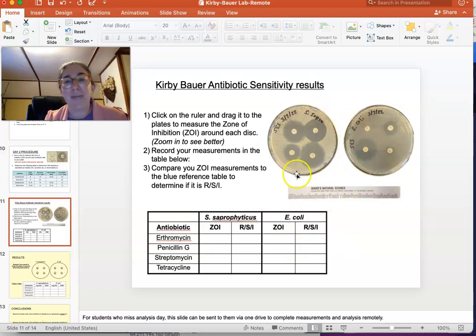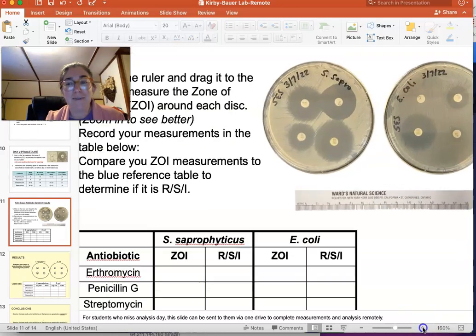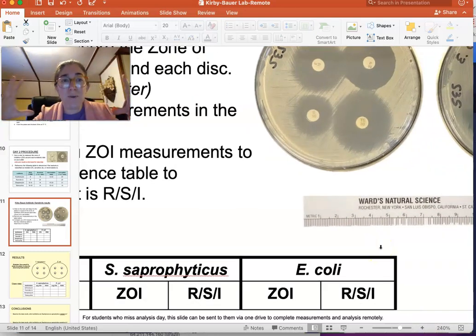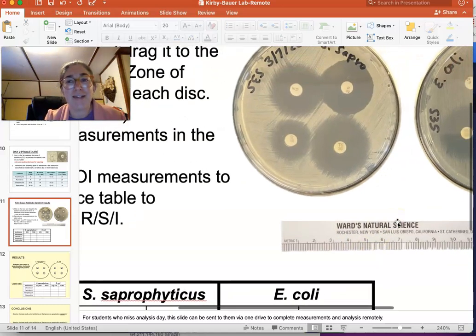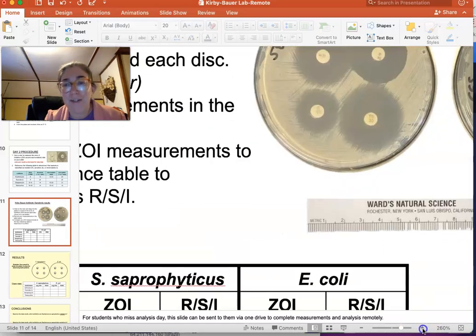So it's just one plate of the Staph saprophyticus and one plate of the E. coli. And I have a ruler here for you to use. And so you're going to use the ruler to measure the zones of inhibition. And you can do that by, I'm clicking the zoom button here at the bottom of the screen. You don't want to blow up the plate, so don't resize the plates or the ruler. They are the correct proportional sizes to each other. So what you can do though is you can zoom in,